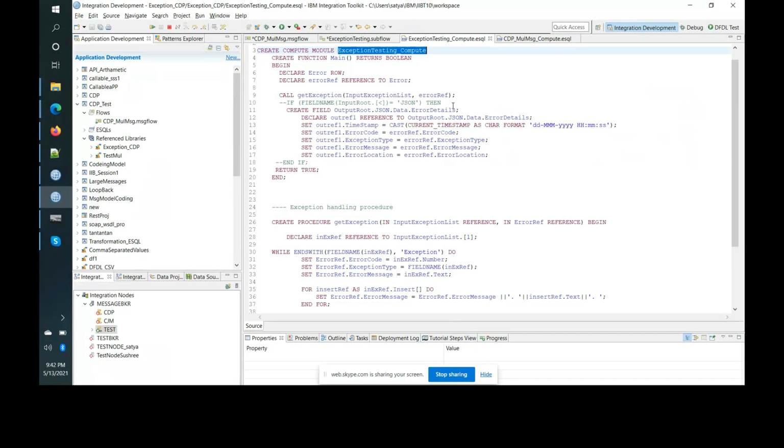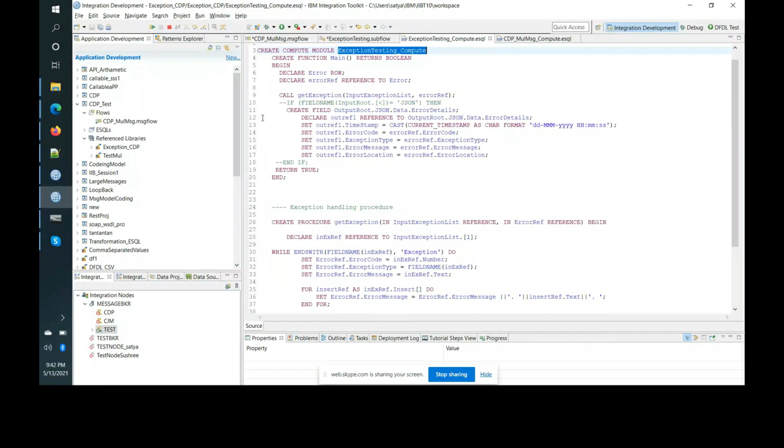In this case, where you have input as a CSV, no one person is invoking your service. They're pushing a file onto some folder and they're not waiting for a response. So what they might want is an email alert saying this file has failed for so and so reason, or some administrator wants to look into a queue and see what was the reason for the error. In that case, the message structure can be XML or JSON. It does not matter. You can create whatever. It only has to be visible and understandable by the support person.